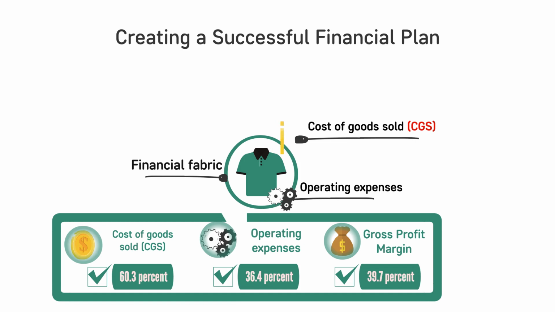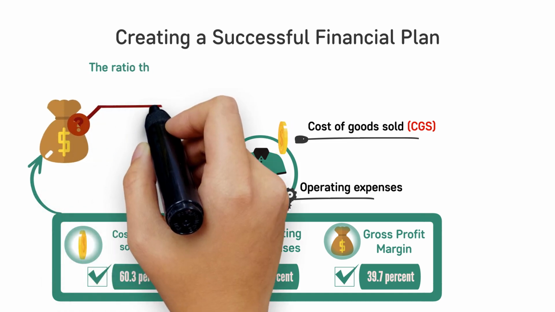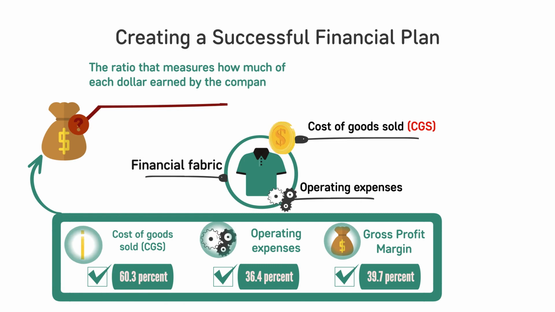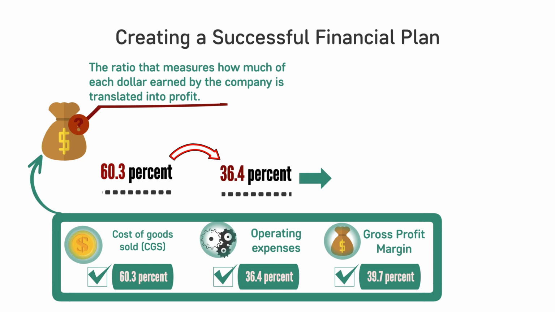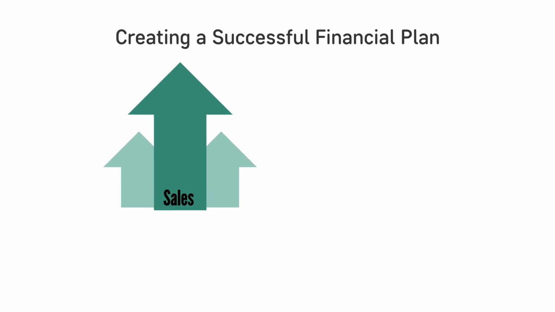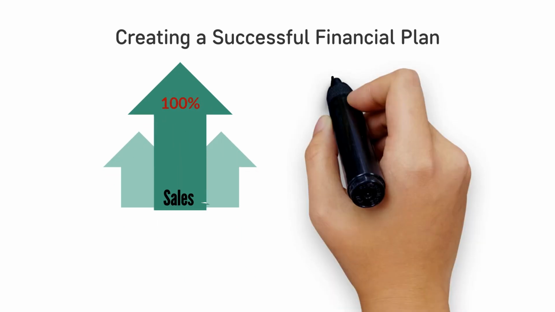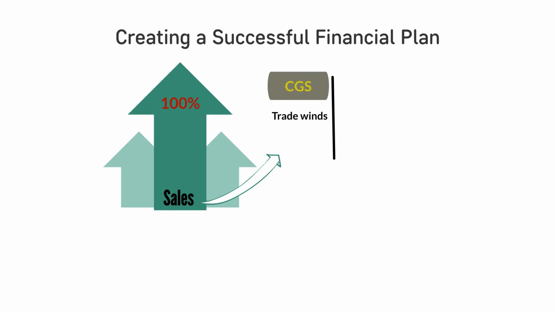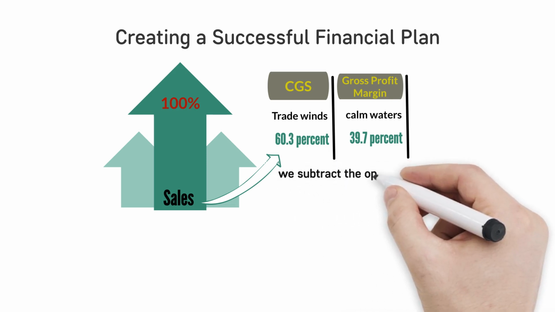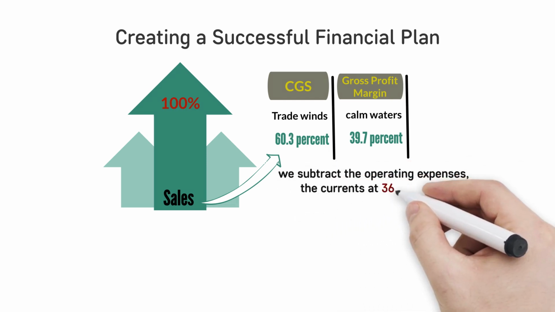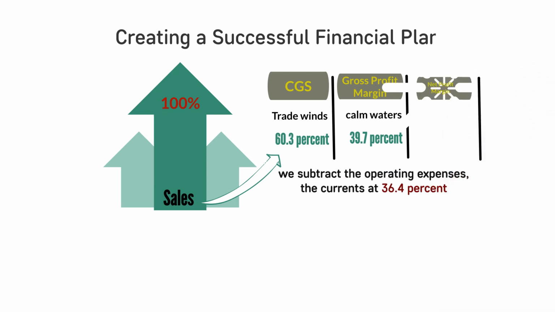The quest begins by charting the net profit margin percentage, the ratio that measures how much of each dollar earned by the company is translated into profit. By subtracting the percentage of CGS and operating expenses from sales, we unveil the net profit margin. Sales, the vast ocean of revenue, account for 100%. From this, the CGS, akin to the trade winds, account for 60.3%. This leaves us with the gross profit margin, the calm waters, at 39.7%. Navigating further, we subtract the operating expenses, the currents at 36.4%,